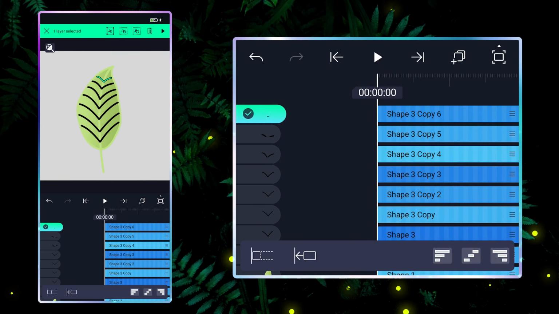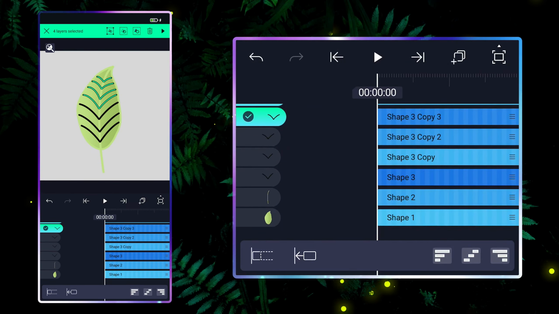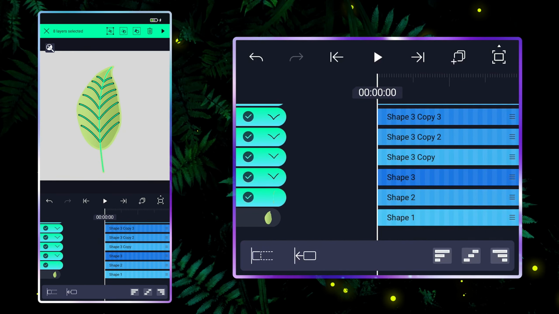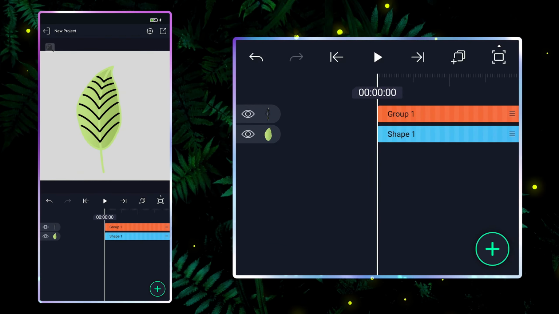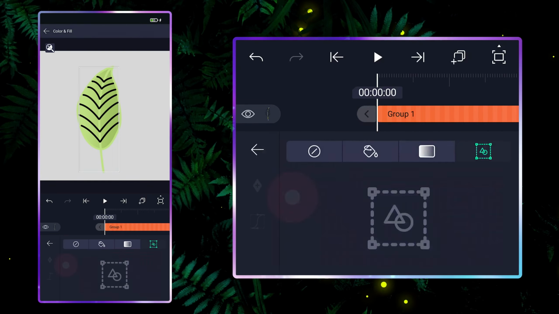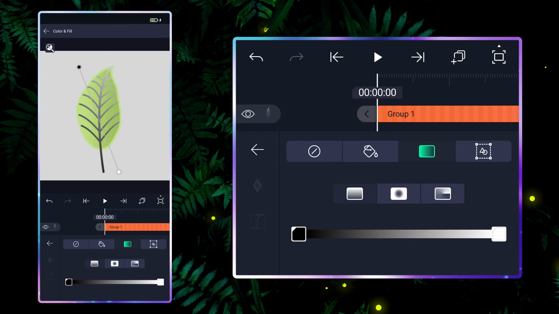Select both the veins and midline. Merge these layers together. Change its color to green gradient.